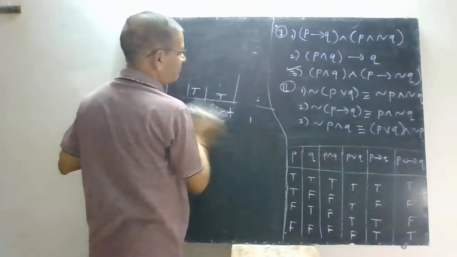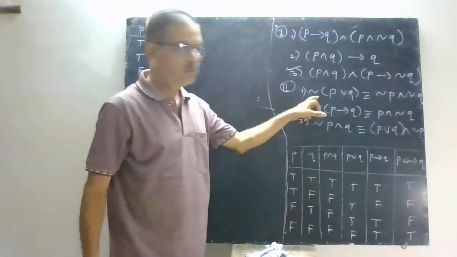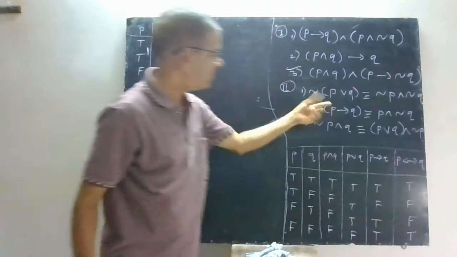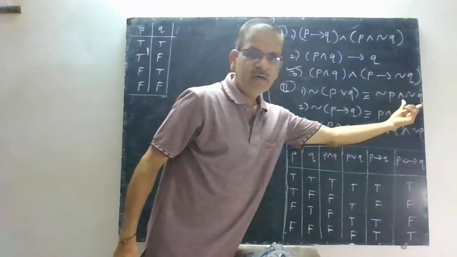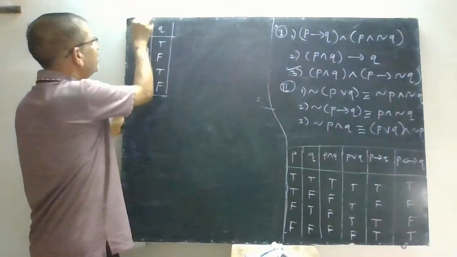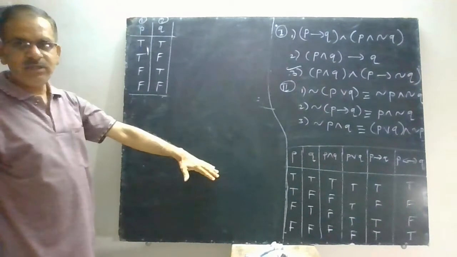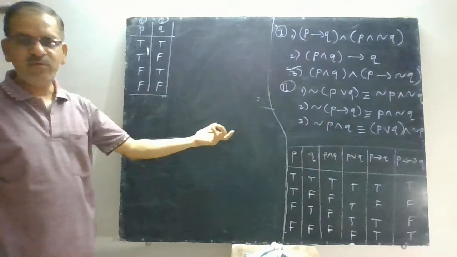Now let us see how to prove the logical equivalence. The question is, prove the following logical equivalence. This is equivalent to this one. Now for this one you have to first prepare the table, and in the same table you can prepare a column for this one. Now in logical equivalence you have to number the columns, because at the end you have to refer to specific columns that have the same values.